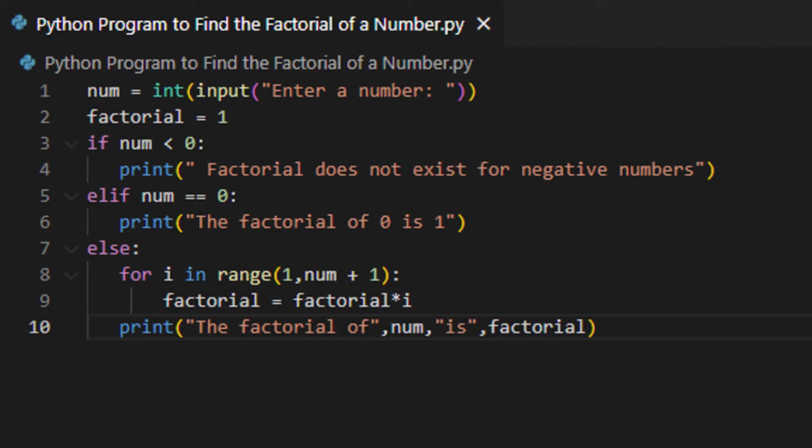We have declared a num variable that takes an integer as an input from the user. We declared a variable factorial and assigned 1. Then, we checked if the user enters the number less than 1, then it returns the factorial does not exist